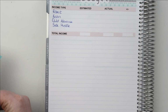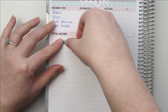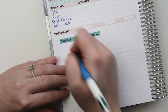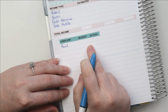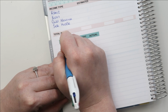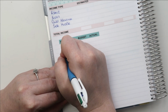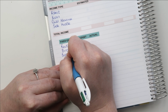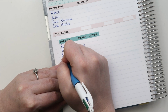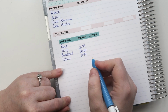So now we move on to fixed expenses. For fixed expenses, we're going to pop them here. So like that. For fixed expenses, we have our rent. Again, our rent and our income are the only things that I don't share with you. So we have bins, which is our rubbish bins, and they're going to be $21.99. Then we have our broadband, so our internet, which is €30. Then we have iCloud, which is 99¢. We have Netflix,